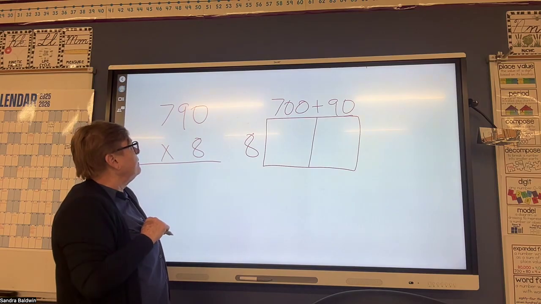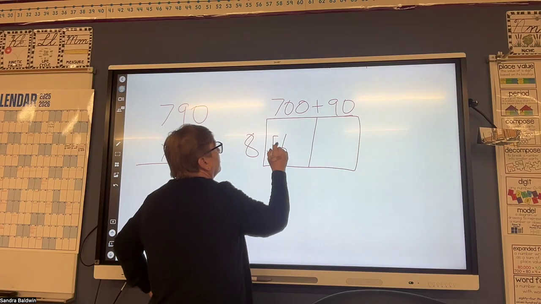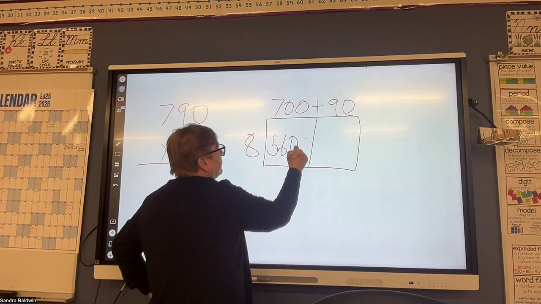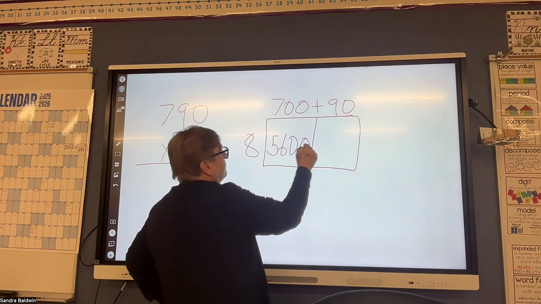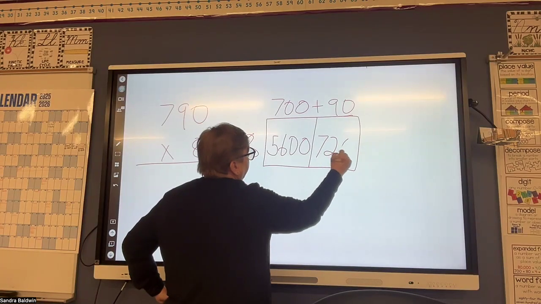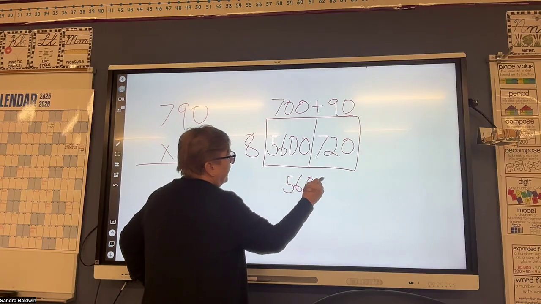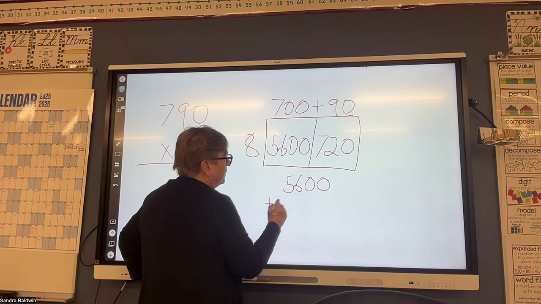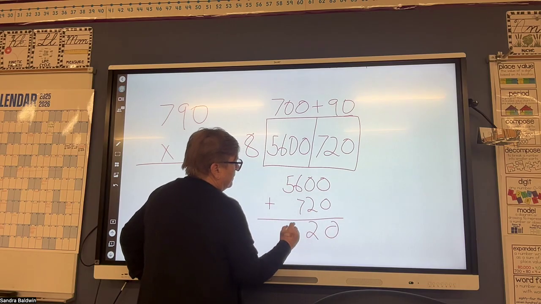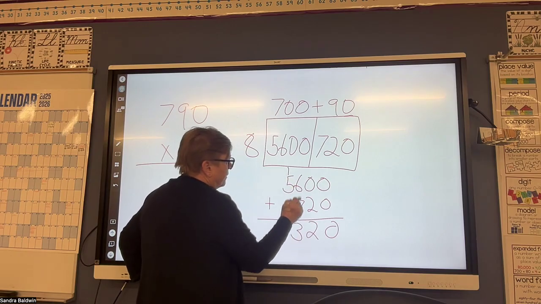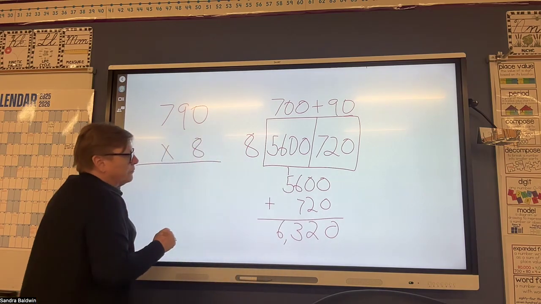700 times 8. Hopefully you remember 7 times 8 equals 56. So 700 times 8 is 5,600. 90 times 8. Well, I know that 9 times 8 is 72. So 90 times 8 is 720. So then my two add-ins will be 5,600 plus 720. 7 plus 6 is 13. 5 plus 1 is 6. So the product will be